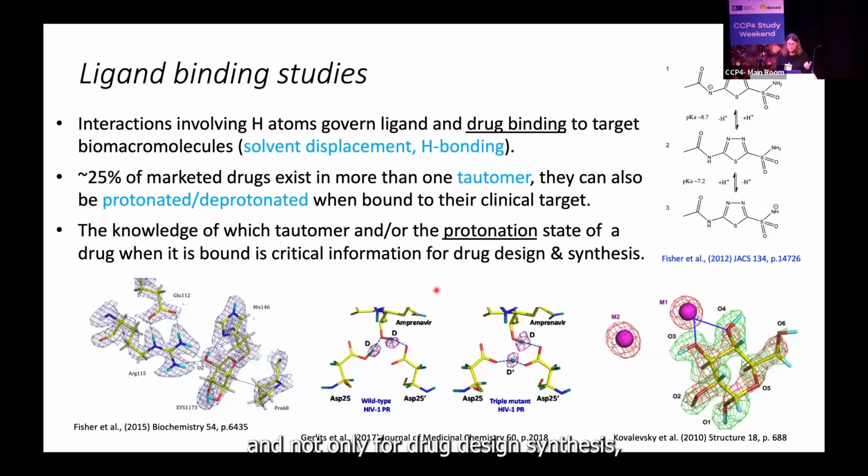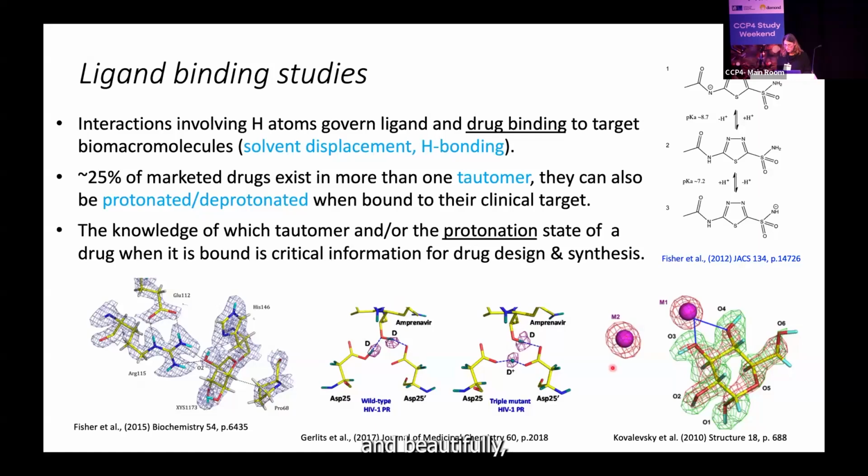And not only for drug design and synthesis, but also for computational methods, this experimental information, without guessing where things are, you actually can pinpoint where things are under specific temperature and pH conditions in your crystal. So here below, again, is just a smattering of examples from the literature on HIV protease,